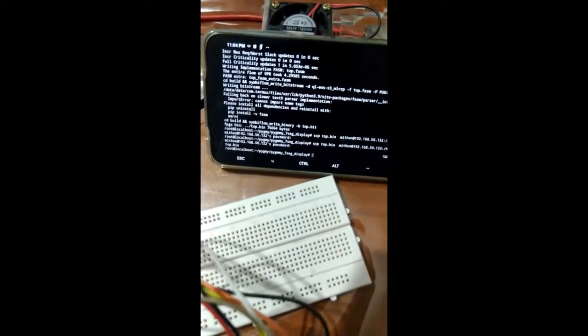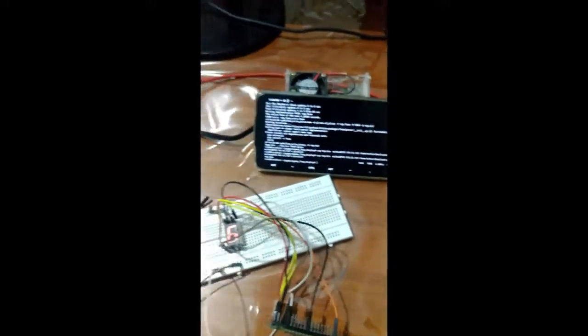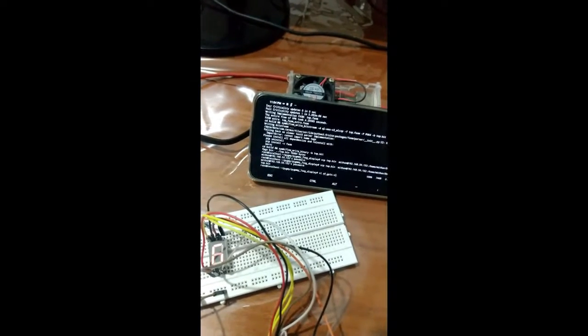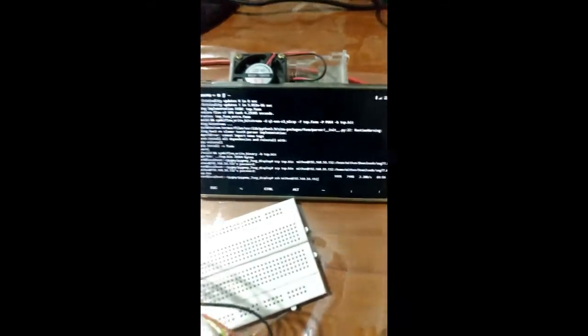So we have copied the top.bin to a laptop which is connected here, which has a serial port. So let me get into, I'll open an SSH shell on that. So there you go.